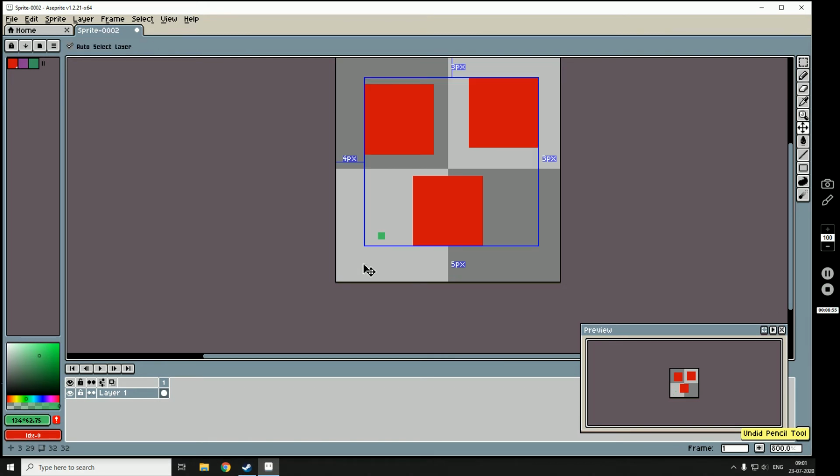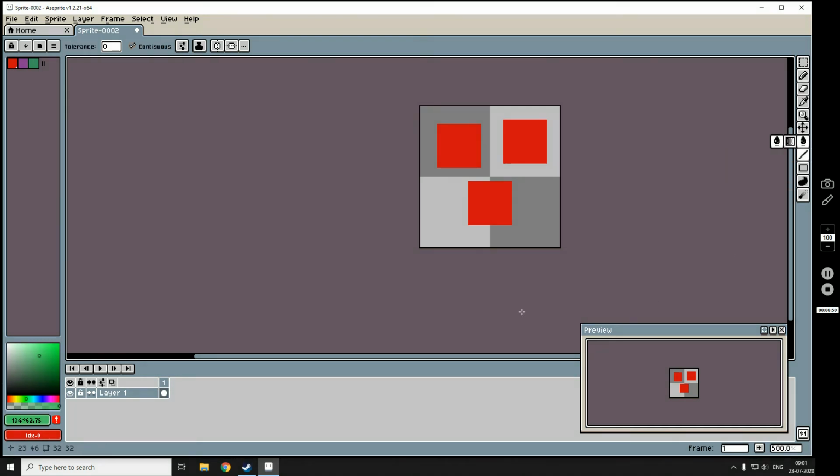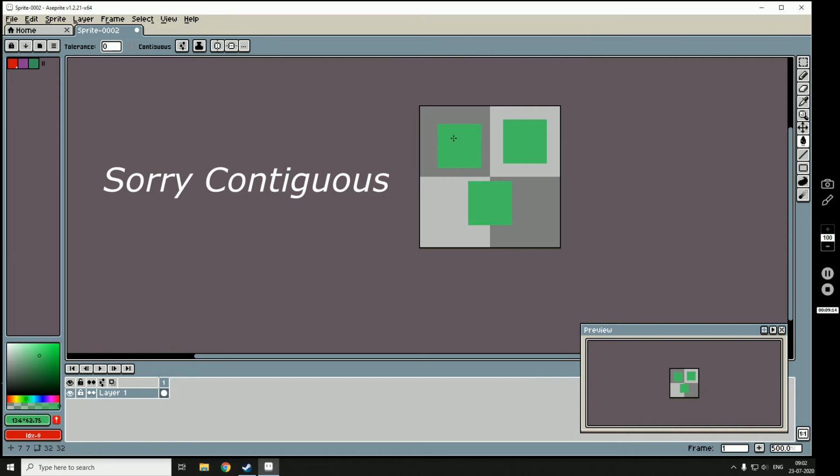So where I was, the paint bucket tool. Here the contiguous is turned on, and if I fill here, then it will only fill this one. If I turn it off and then fill, it will fill all the same colors available in our whole canvas.